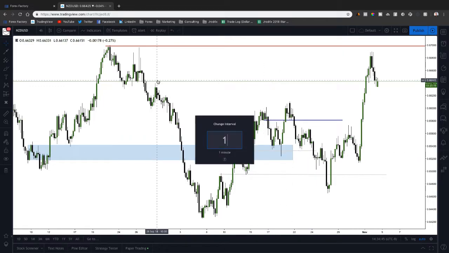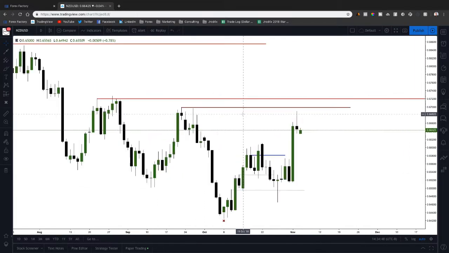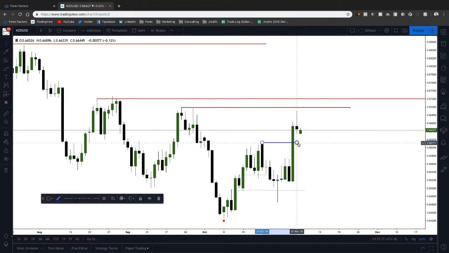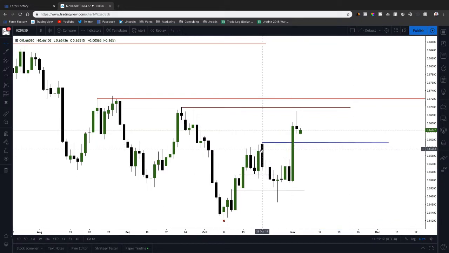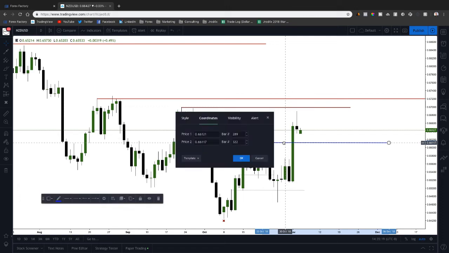I'm going to go back out to a daily. We ended up basically coming down, closing right below the bodies of these candles, and then having a huge day on Thursday here. So we haven't made a higher high yet, but personally I think this 67 big figure is going to be next in terms of the bulls, and then from there 67.20 is the next level on New Zealand dollar. But same goes for this one here, right? We want to see, can they find support at these levels? So this is going to be number 1, which is 66.10.